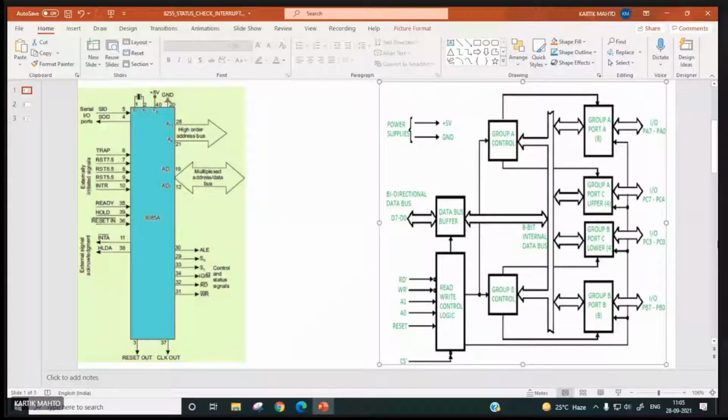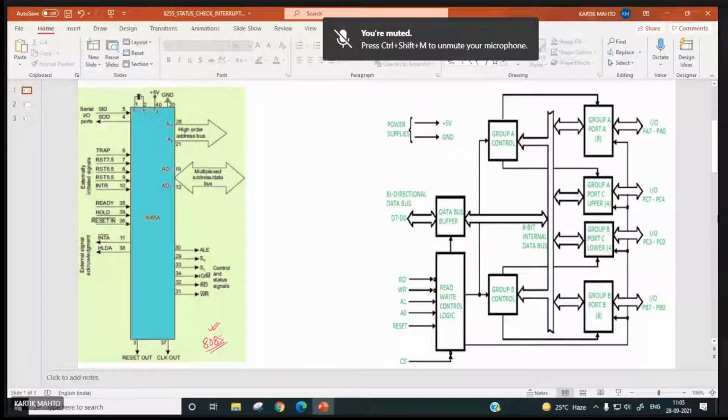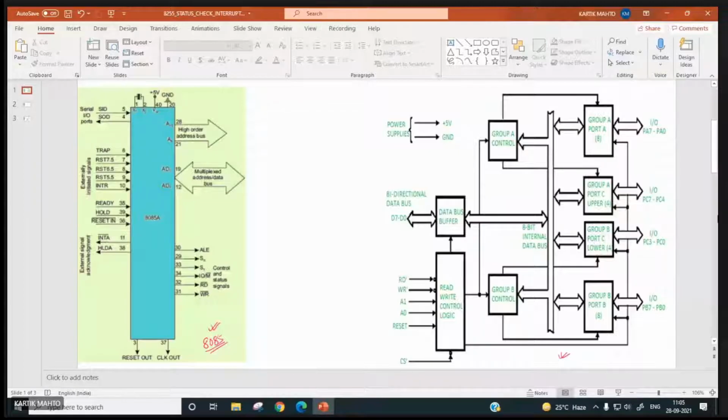So is this PPT visible to you? Hello? Yes, sir. So on the left-hand side we have our processor 8085. You can see, right? And on the right-hand side we have the 8255 PPI, peripheral interface. How will this 8085 be connected to this 8255 or with memory, that we discussed so many times, right?